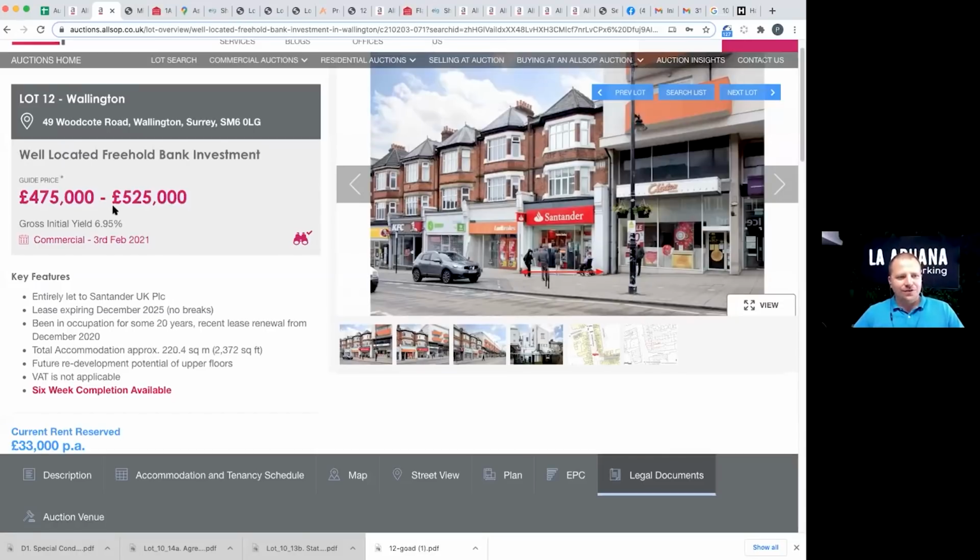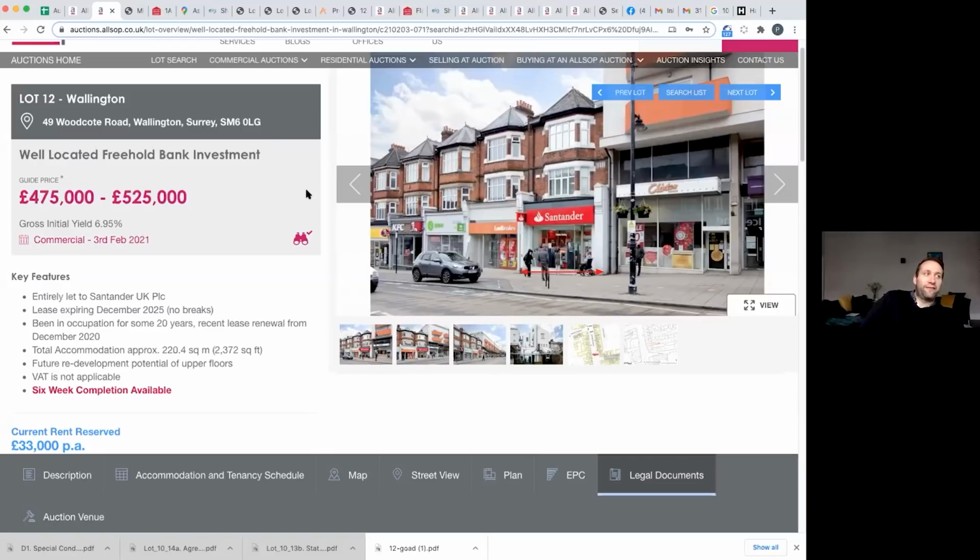475, 525. I think this one is going to sell for about... I think both are going to sell, this one at 5.5% and the other one at 5.25%. Well, I think that's too high actually for this one, because I would be buying this as a yield play for the next 5 years, assuming that in 5 years' time you then get the uplift. And I think a 5.5% yield is too expensive to wait that long,